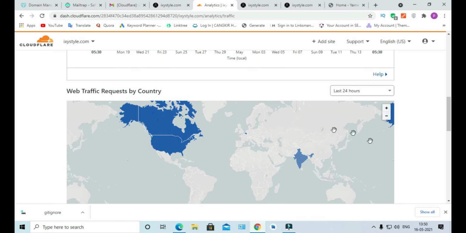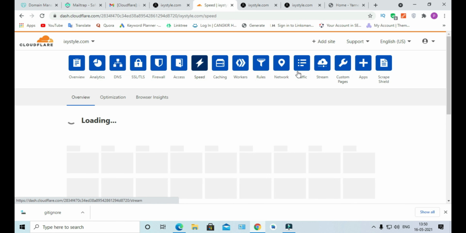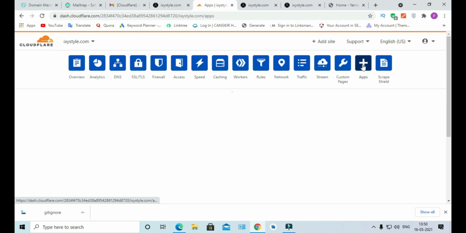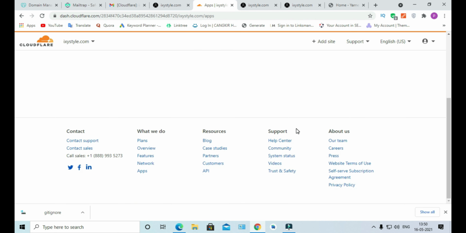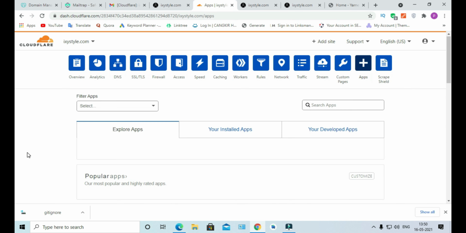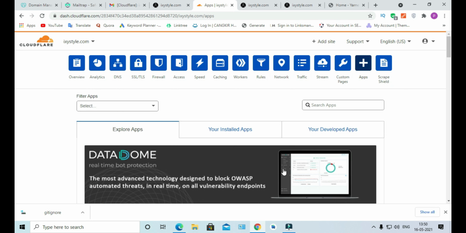Based on that, you can upload content to your website based on the region. That way you can get more visitors. Okay, these are the many features. If you want more, if you want to add features, there are apps here, and they have many features. I didn't go for apps because I don't know how to add them, but I will update in another video if I have free time. That's interesting. There are many features, but I need to research more.